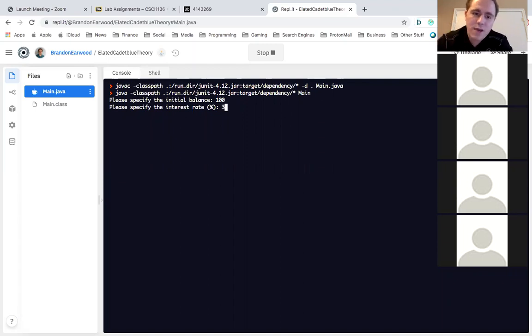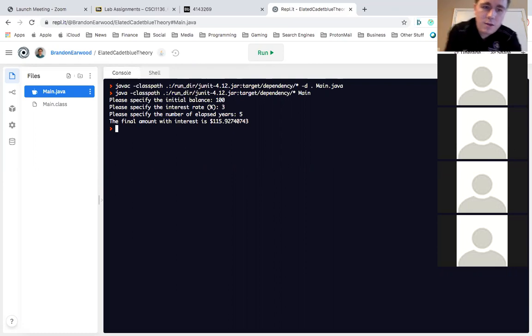So when I push enter now, it's going to take that, divide it by 100, and store that in that second variable. Then it'll say, please specify the number of elapsed years. So then put 5, push enter again. And then finally, it'll say that the final amount with interest is roughly $115.93. At this point, it'll go ahead and finish, so the run button's available again. So if I run this a second time,